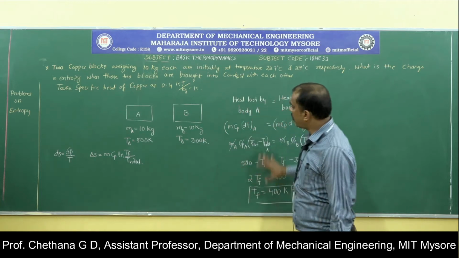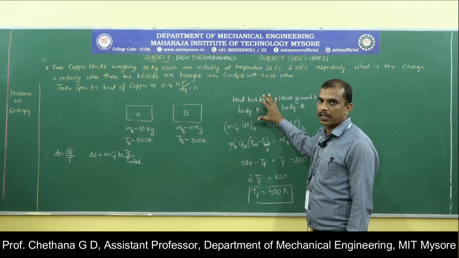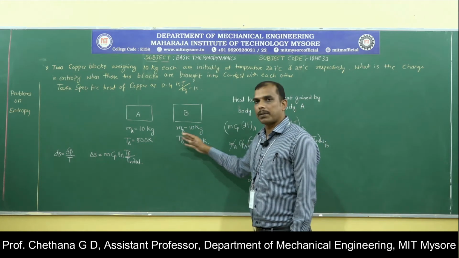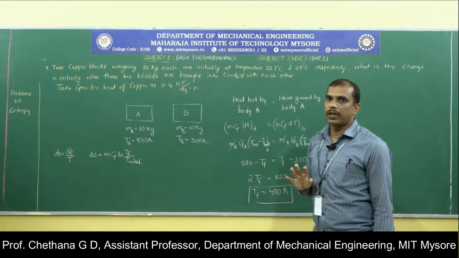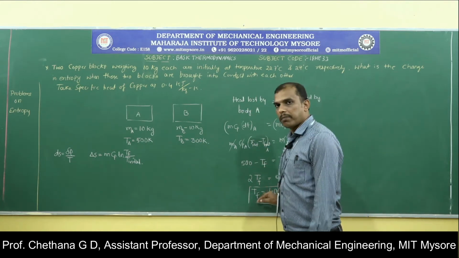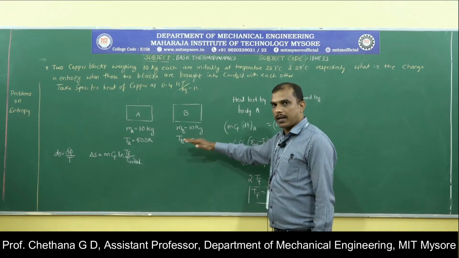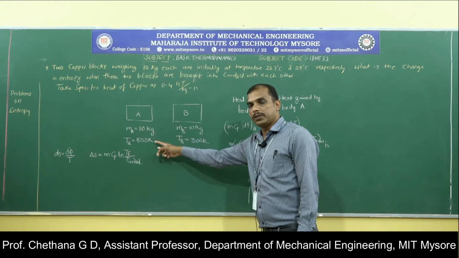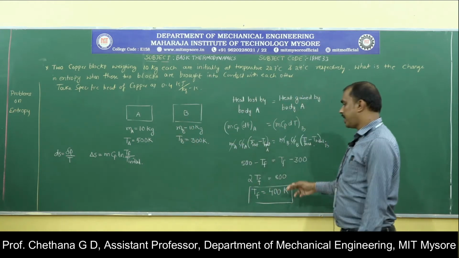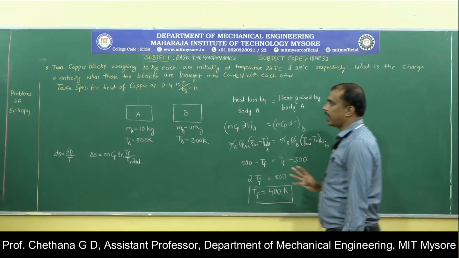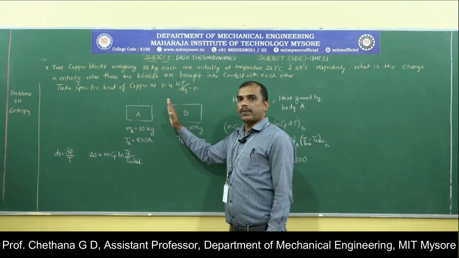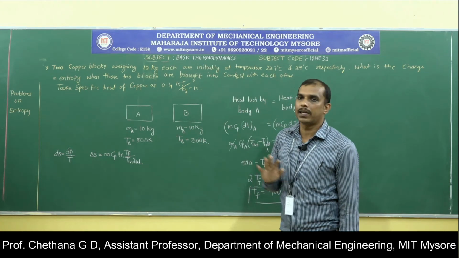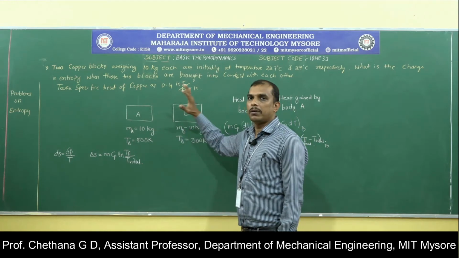TF has to be found out by balancing the energy. So don't find it out by arithmetic mean or geometric mean, not like 500 plus 300 by 2. No, that is not the way you should find the intermediate temperature. You will not get that answer as well, so that will be wrong. So make sure that you use energy balance to find TF, that is the final temperature. Now that means to say this also will reach 400 Kelvin and this also will reach 400 Kelvin. That is the point where there is no heat transfer between body A and body B.